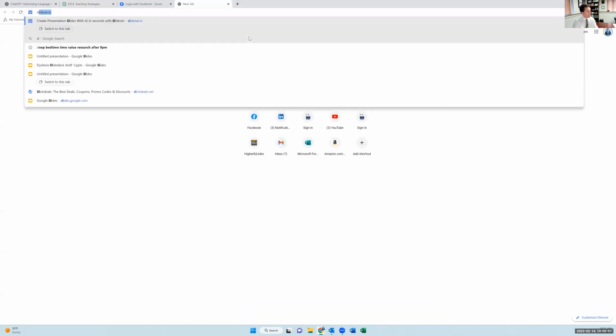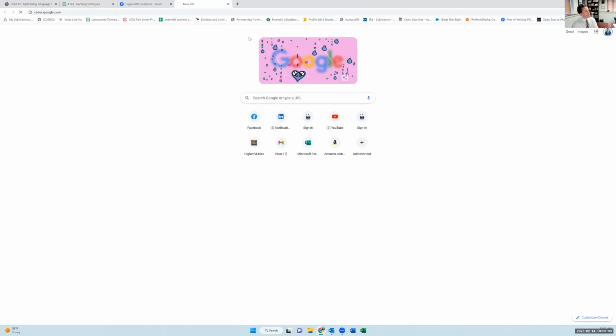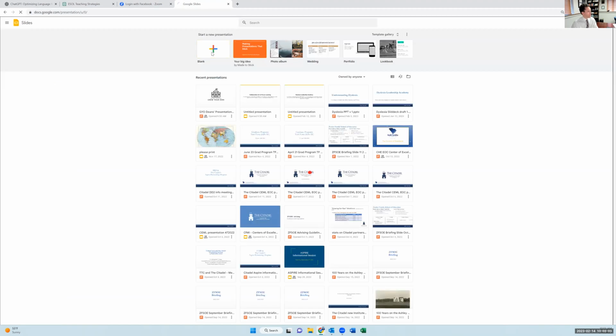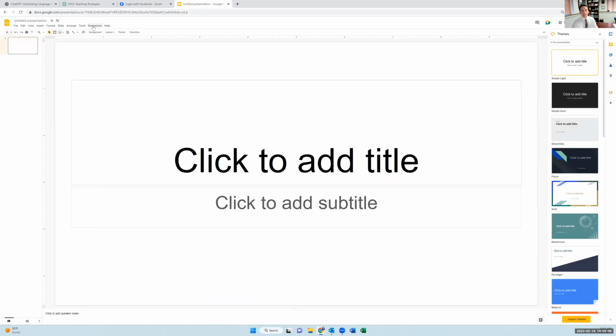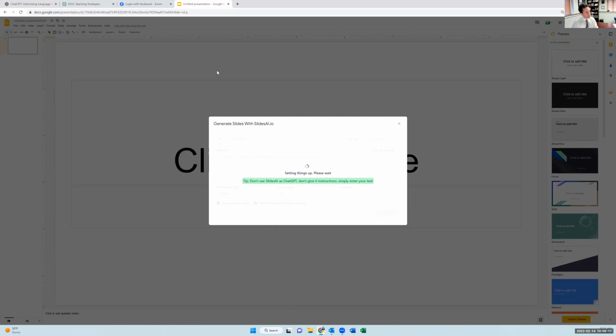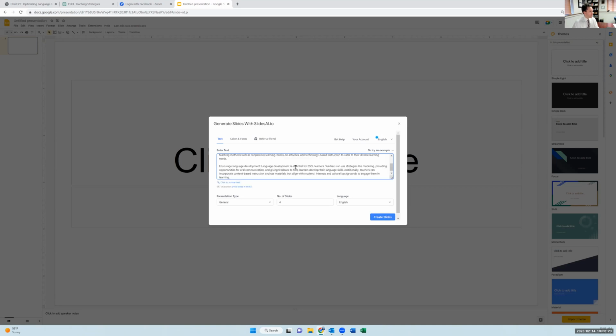And I'm going to go into slides.google.com, which everybody is quite familiar with, Google Slides in general. Within there, I added an add-on extension, which is from slidesai.io. So in here, we're going to click Generate Slides. And within this window, it's going to ask you to feed it information from which to be able to create these slides. So again, I cut and pasted these ESOL strategies. I'm going to say introduction to ESOL strategies, right? I'm going to say practical